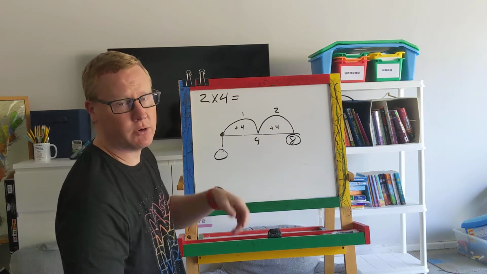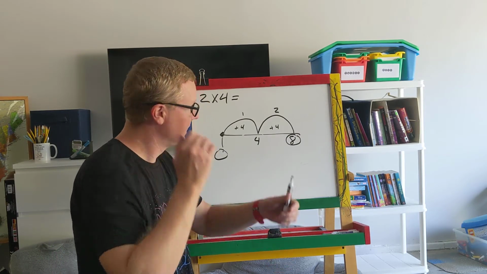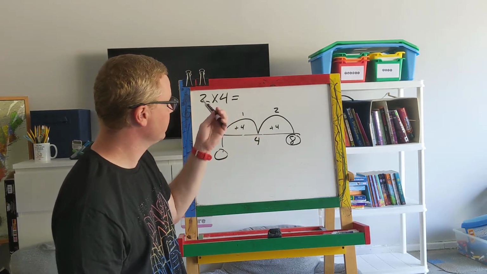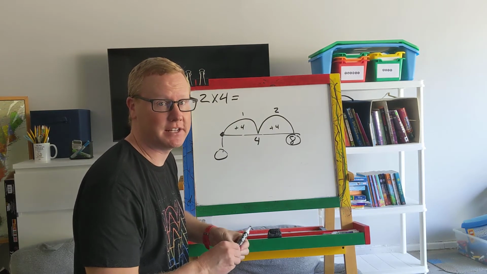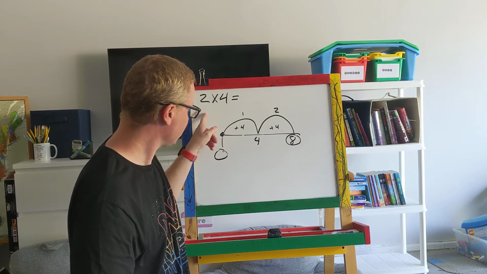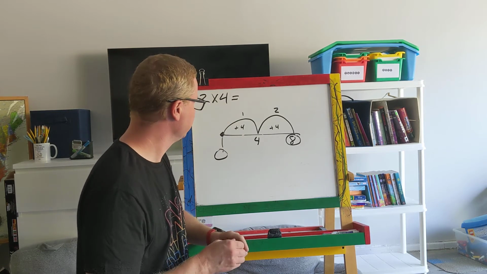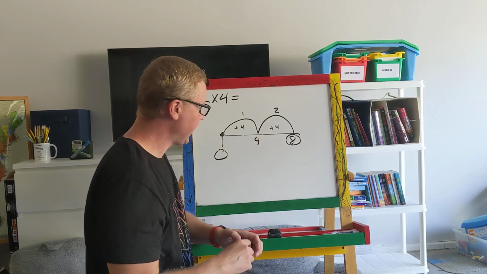It's a pretty quick way, not the most efficient though. We'll get to some of those later on. But if you ever get stuck, you can always use the number line. We're going to come back to the number line for some stuff later on in the year. That's why I want you to remember it. So if I have 2 times 4, and I know that equals 8, what if I had the problem